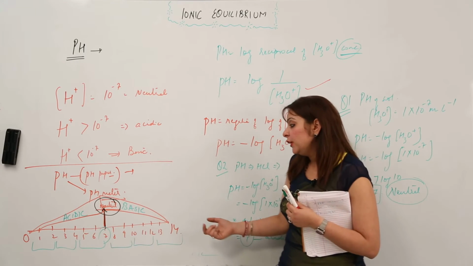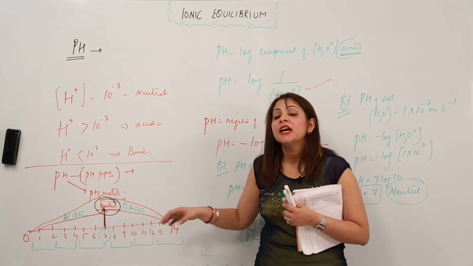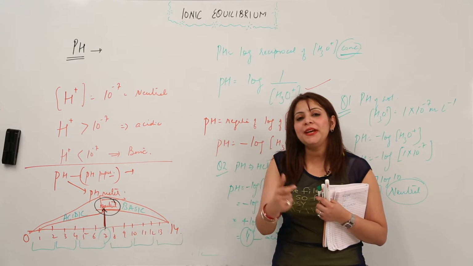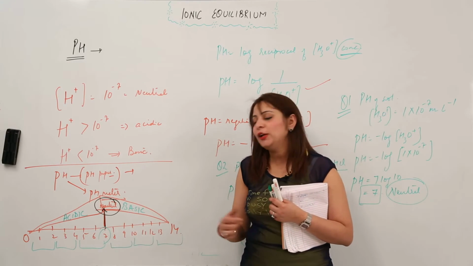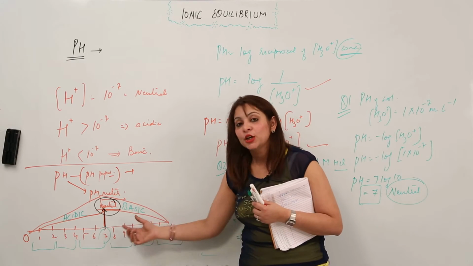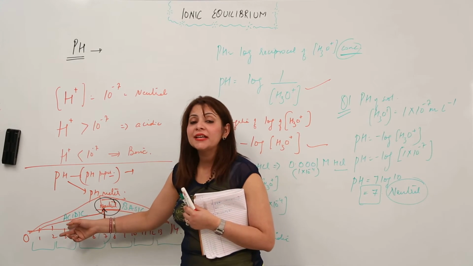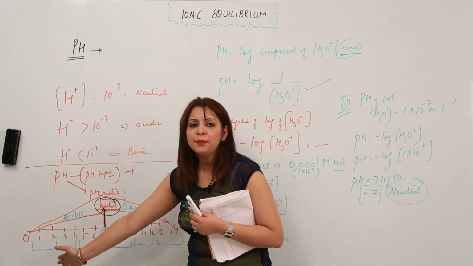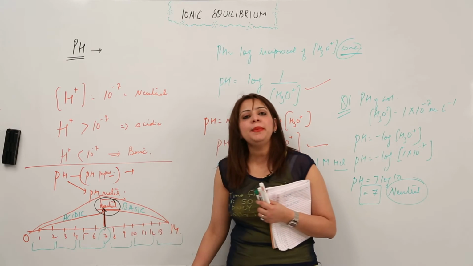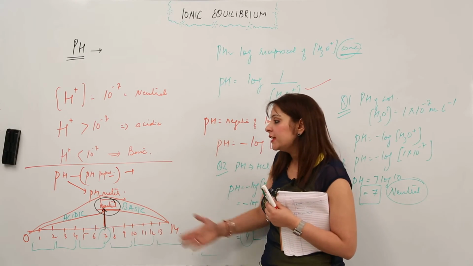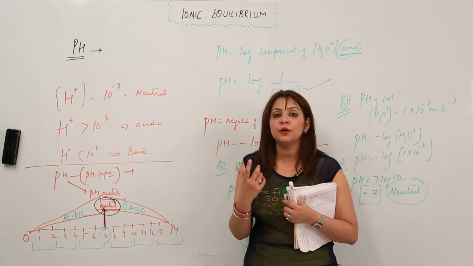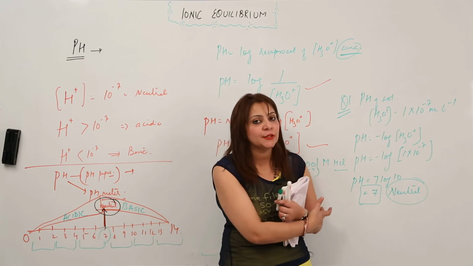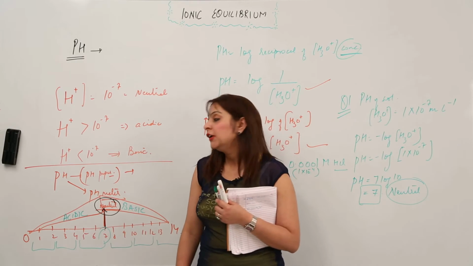Similarly, when you have a base and you dilute it, its basic character will increase or decrease? Obviously you are right, it will decrease. So what will be the effect on the pH? Will the value increase or decrease? It will decrease. So keep in mind, on diluting, the pH value of acids will increase and the pH value of bases will decrease, because the lesser the pH, the more acidic, and the greater the pH, the more basic in nature. So this is how you determine the pH using a pH meter or pH paper, and how you can solve for the pH if you have the concentration of the hydronium ion, right?